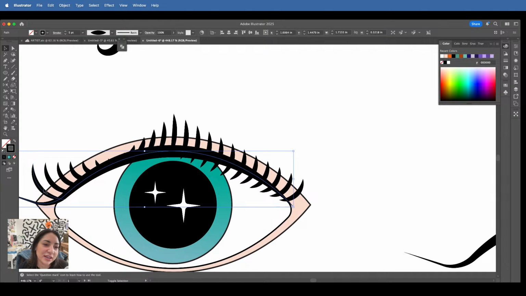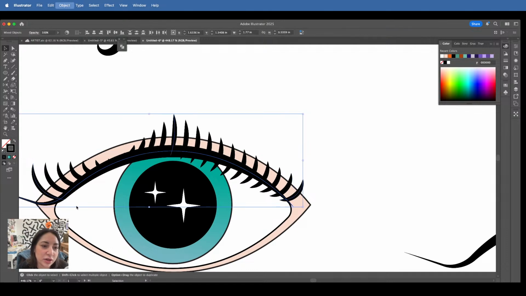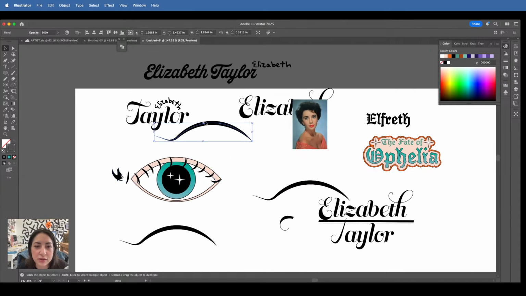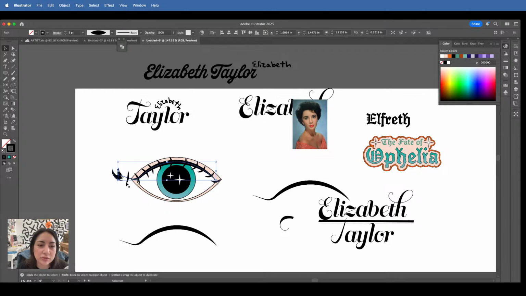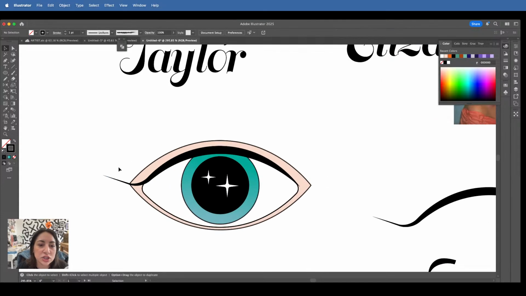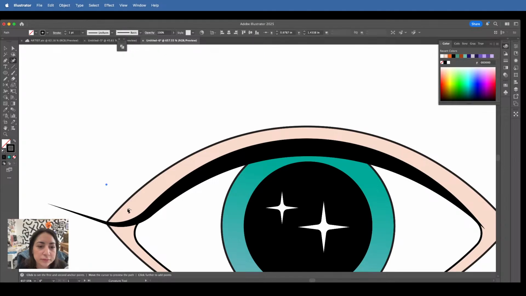I'm gonna select this, select this. I mean, I just don't want to have to do it the hard way by doing everything. Ugh, that's horrible. Okay, I'm gonna have to do it the hard way, and that sucks. It's gonna be doing each individual lash. But if that's what I have to do, then that's what I have to do. Okay. Cool, cool, cool.